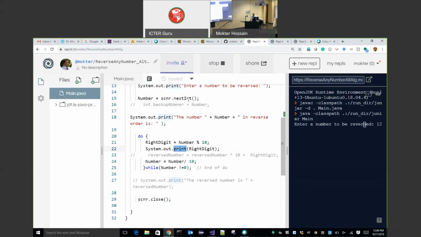In object-oriented programming, functions are called methods. We will discuss how to develop our own methods. The main goal of developing our own methods is to reuse our code. Once we develop a method, we can reuse it again and again. For instance, the print method.